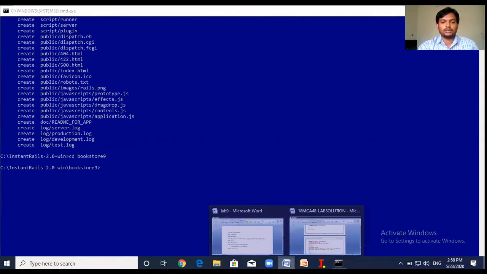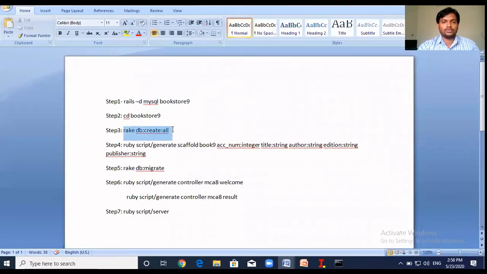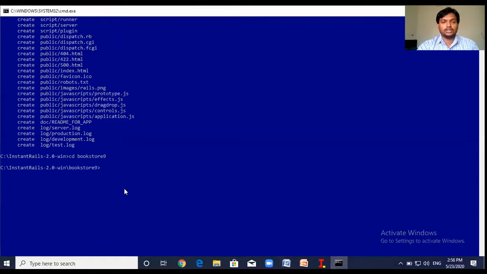The next step is step 3. We have to create the copies of the database. For that we use rake db:create:all. Just execute that line in the console window so that it will create all the copies of the database. Now it is creating the 3 copies of the database: production, development and test.